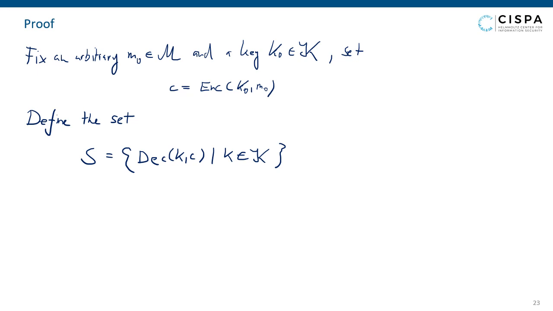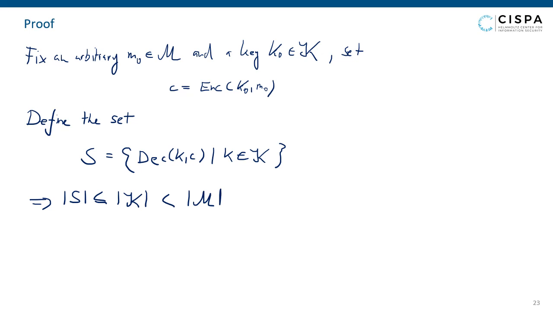What this means is that the set S can impossibly be bigger than the set K. Consequently, the size of the set S is at most the size of the key space,